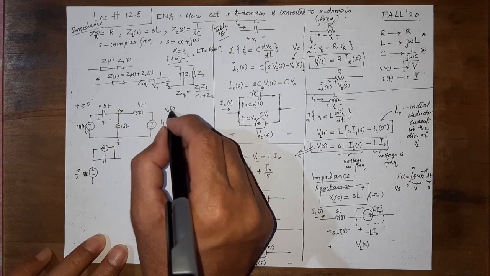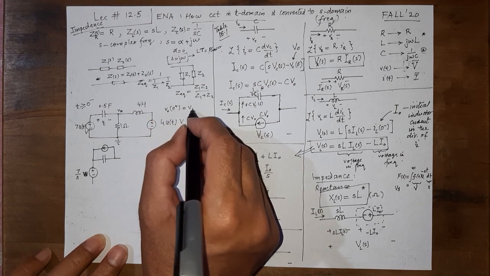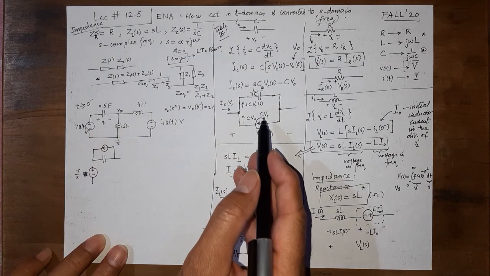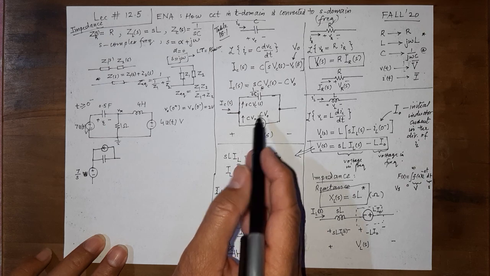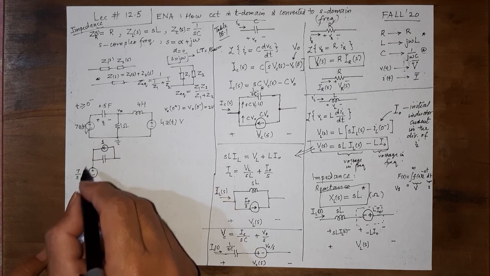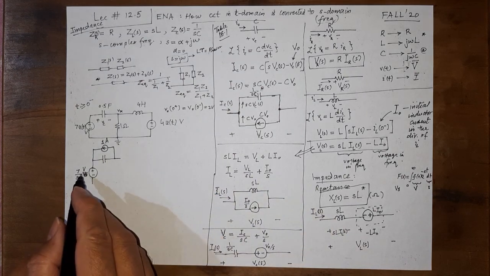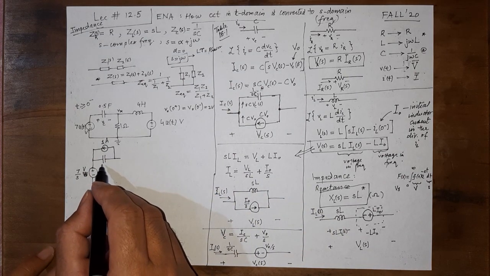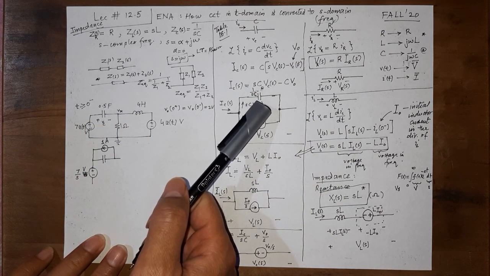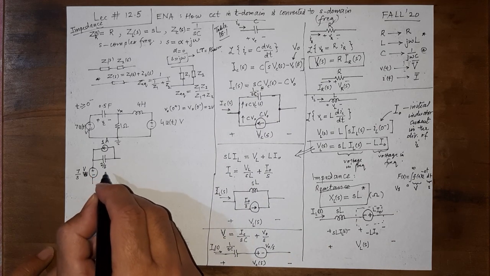V naught at 0 plus or 0 minus is the same and is 2 volts, and C is 0.5. So C 0.5 into V naught 2 is 1. So we have a 1 ampere. So it's not ampere second, but we can either take volts and ignore that second thing for now. And this is 0.5 farad, but it's going to convert to 1 over SC. C is 0.5, so we are going to get 2 over S.